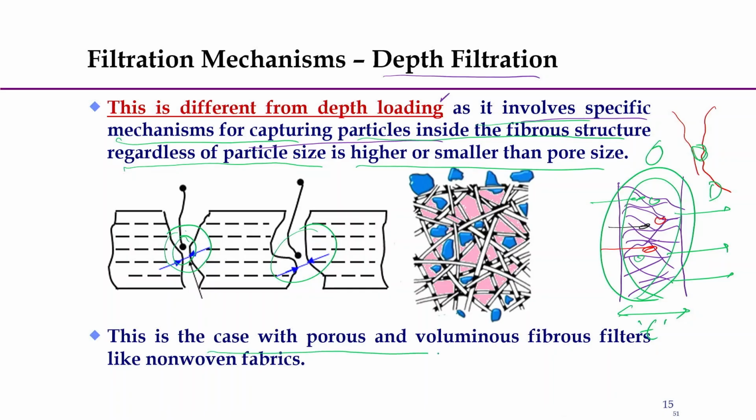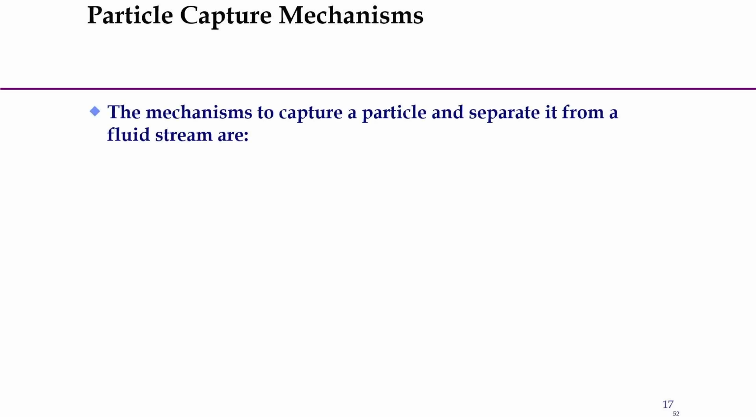This is the case with a porous and voluminous fibrous filter like a non-woven filter. So, for a non-woven filter, a very porous filter where the air flow rate will be high and pressure drop will be low, the particles can still be captured by the porous medium using different mechanisms. So, there are various particle capturing mechanisms. The most commonly used mechanisms are